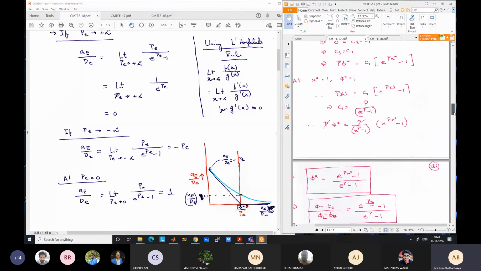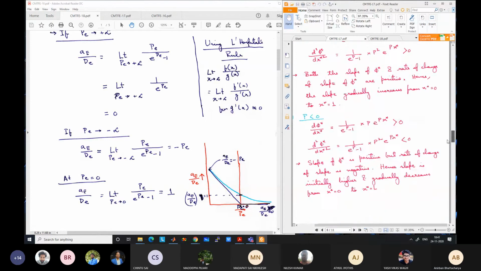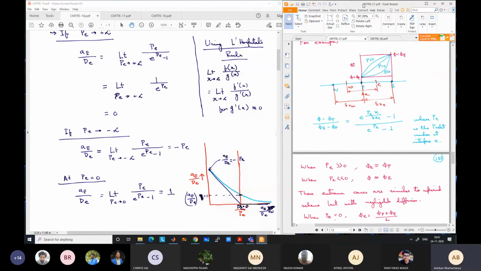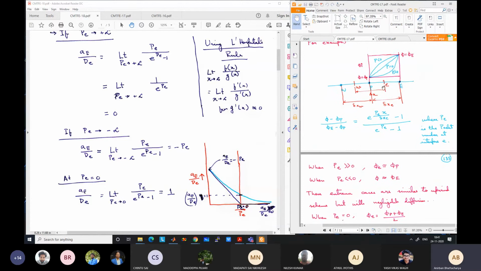So Peclet number very large means that... can I see one of the grid structures here somewhere? Okay, so here we have a grid structure. It means that the flow is coming from the left towards the right at a very large velocity. So what should be the relative value of AW and AE? AE should be quite small, because if the flow is coming very strongly from the left hand side, the grid point P should not be influenced too much by the E value, because any information is being carried away from the left to the right side.